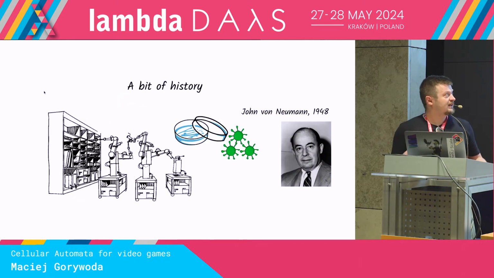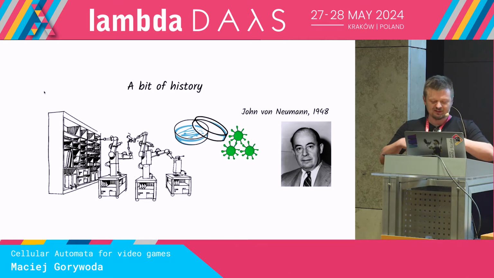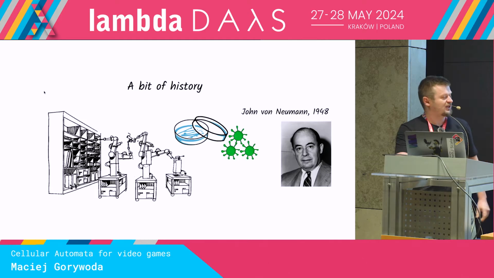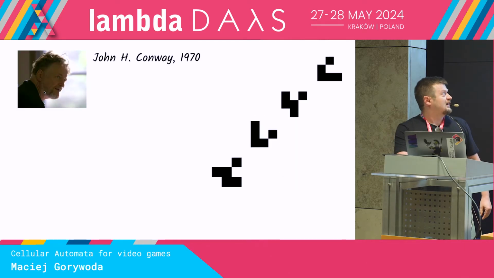A bit of history. The whole concept comes from John von Neumann, who was a very important person in computer science just after the Second World War, and he came up with the idea that there can be robots that build their own copies. This way, if we have a very complex problem, then instead of having a very complex robot to solve it, we can have one small robot that will build copies of itself and solve the problem by having enough of those robots. John von Neumann was inspired by Petri dishes, but he didn't really take it further. Another person who